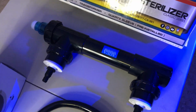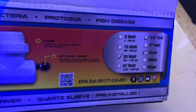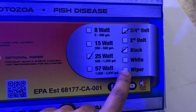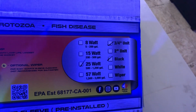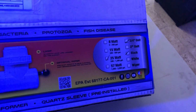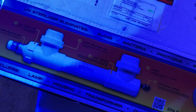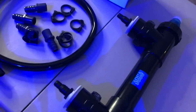Second, when choosing the UV, you want to make sure that it comes without the wiper. The wiper is for fresh water. It's like a metal thing that goes inside the UV. You don't want that because it's going to rust. So that's important right there. If you get this brand, of course, I don't know about other brands, you don't get that. Okay, so that's the Aqua